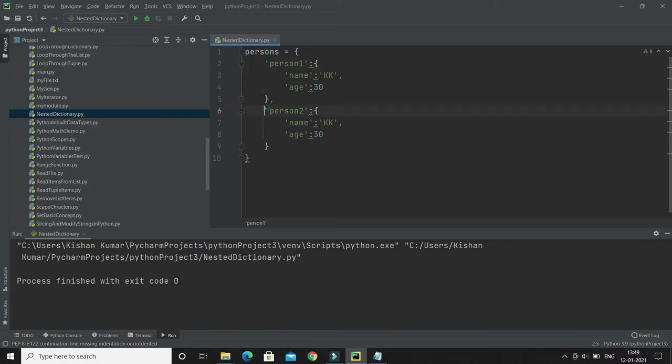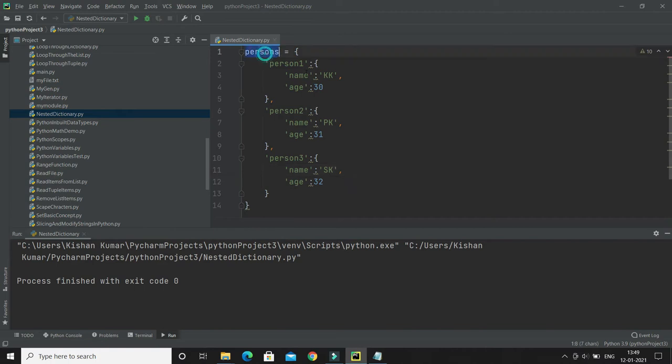Then similarly I'm going to create one more dictionary inside this dictionary. So we have basically three dictionaries, right? One inside another: person 1, person 2, person 3. Of course you have to give different dictionary names, and the values I'm going to change too. Let's say ages 31, 32, and names EK and SK.